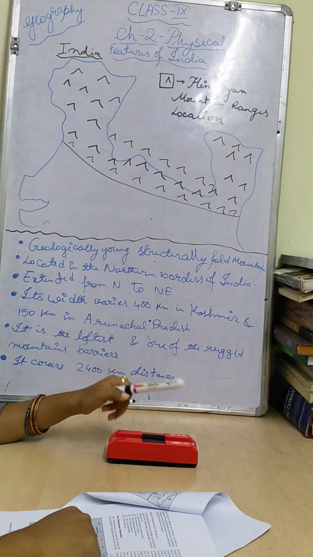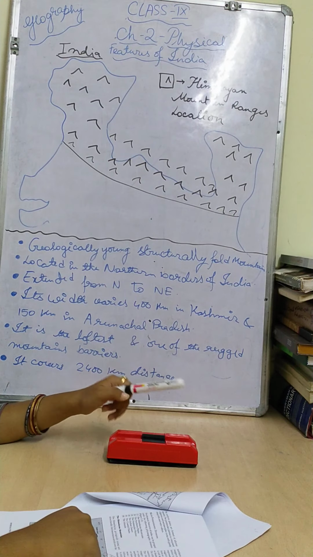Structure means how it has been made, just like a wave, like a fold it has been made. So that is why the structure is fold. That is why I have written fold mountain, right children? First point over. Second point, come to location. It is located on the northern border of India. Okay, fully the northern border, north to northeastern border it is located. From the location only you can find it very easily. Okay, whenever you learn children, please keep your book with you, and also on page number 9 in your NCERT book it is very nicely given where it is located and all.